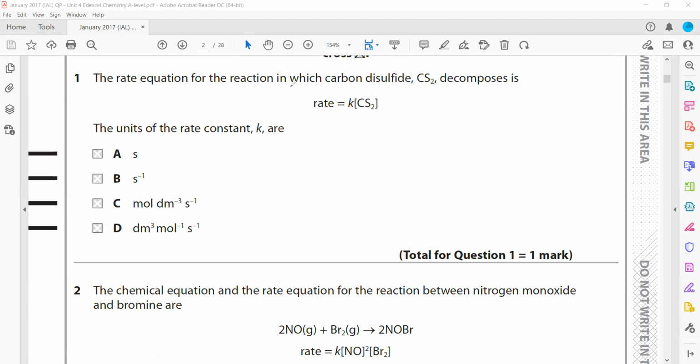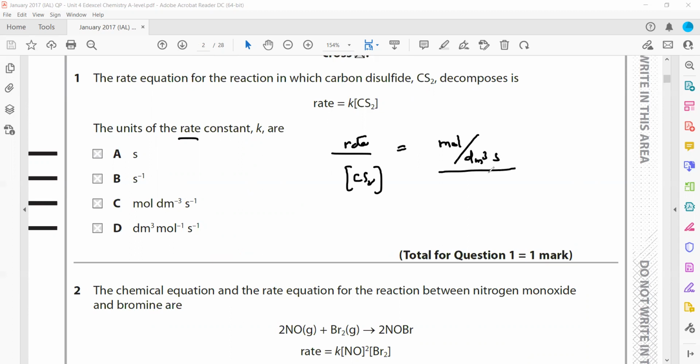So the rate equation for the reaction in which carbon disulfide decomposes is shown. What is the unit of the rate constant K? So K will be rate divided by the concentration of CS2. What is the unit of the rate? Unit of rate is mole per dm cube